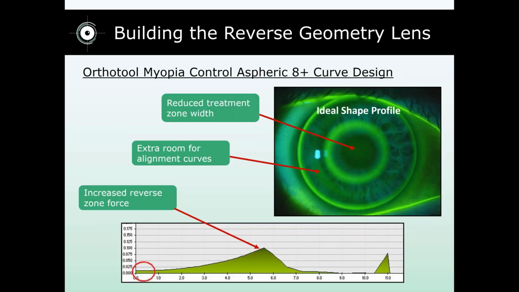So the final conclusion is the ideal shape profile has a very small optical zone and enough area for the alignment curve to embrace the eyeball for a solid